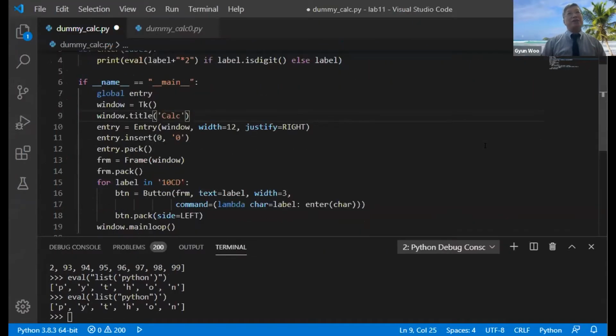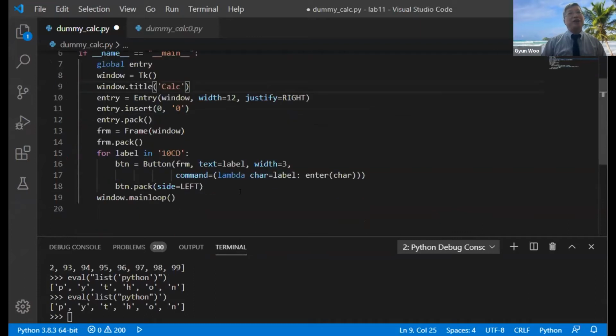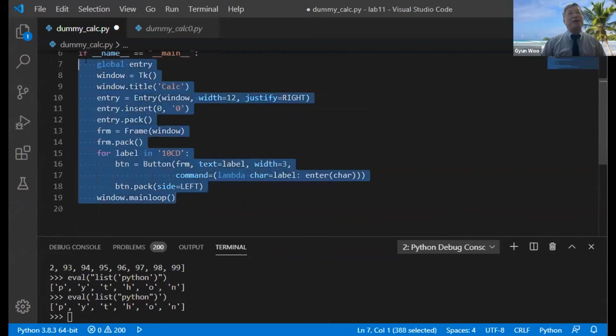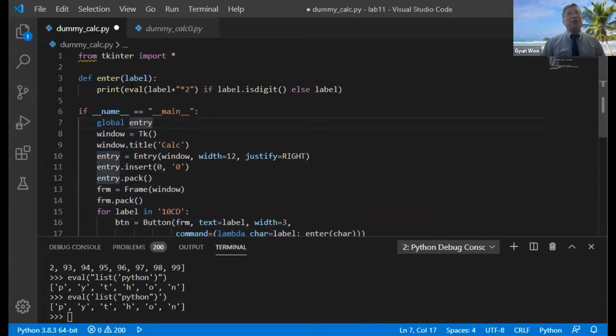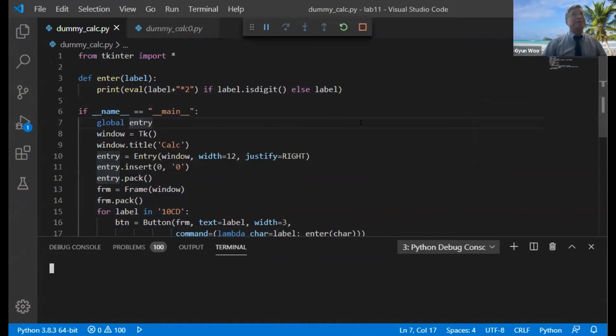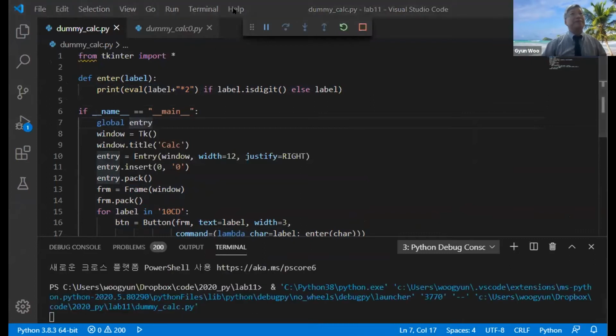So inside of this Visual Studio Code, I just typed the same thing, okay? The entry is for evaluating, but it is printed in the standard output, okay? So if I execute this, the window is shown, but it is not enlarged enough. So let me just share this,